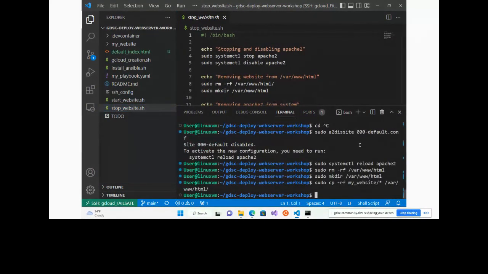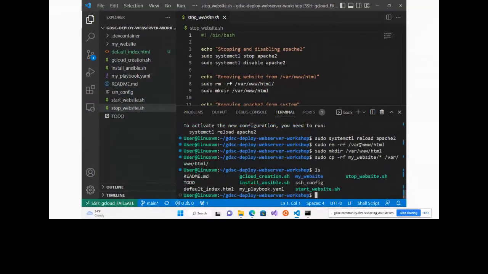So how do we run a script? Well, the way we do it is just by typing it in. So if I type in sto and then tab it, I might have to do ./. So actually, to run a script that's in your folder, if I run ls, that will list all of the things in my folder. You can see I have this green file called stopwebsite. Now to run the script from my current folder, I will do